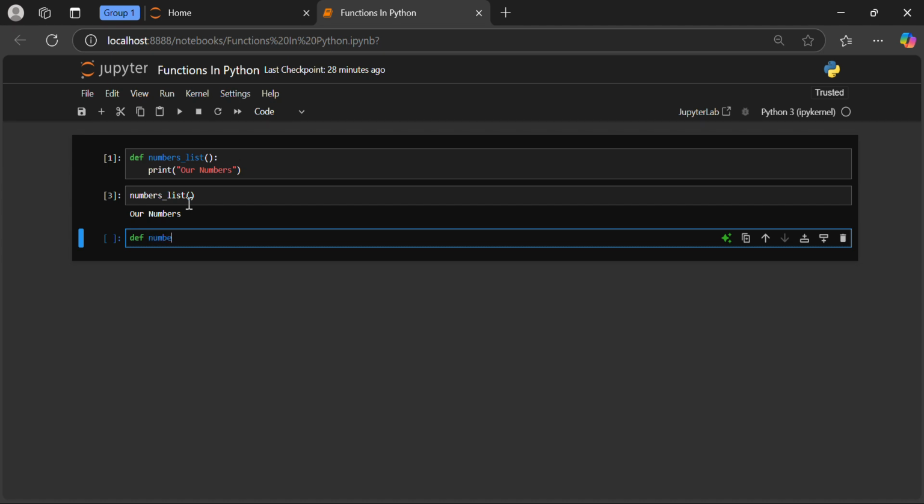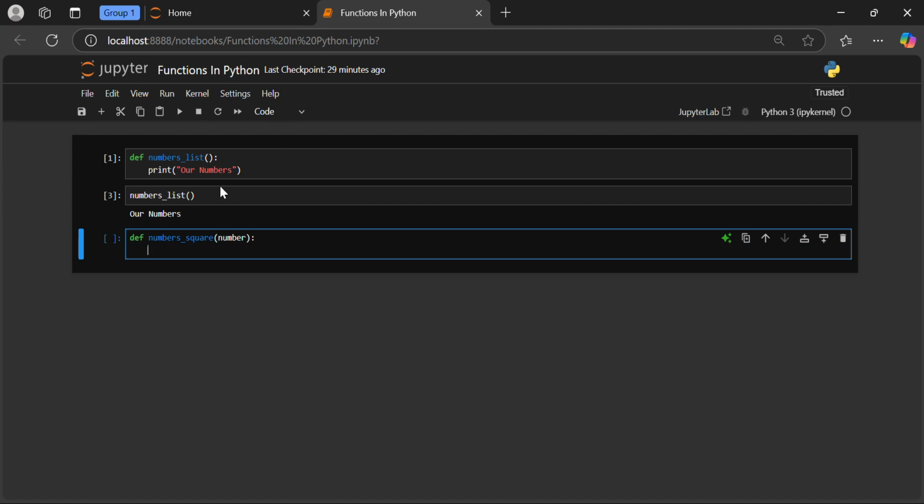So number_square, and we say number. I've created a variable inside the function so that a value can be passed to this variable. So let's print